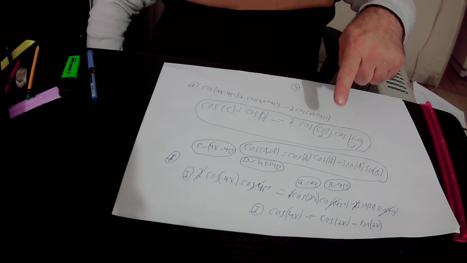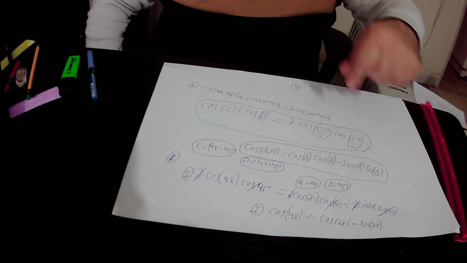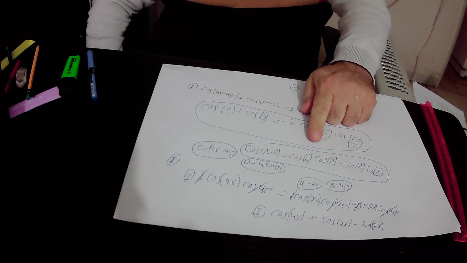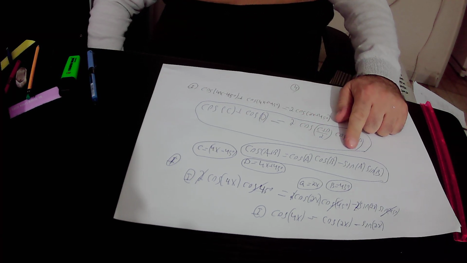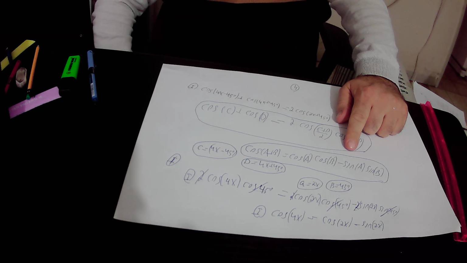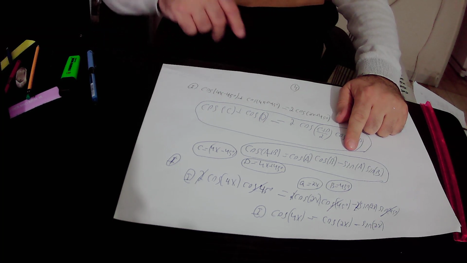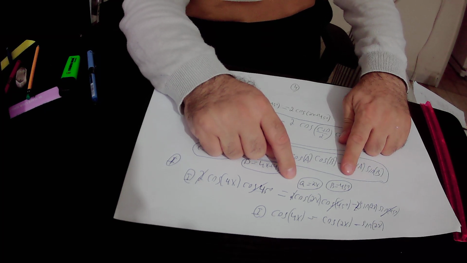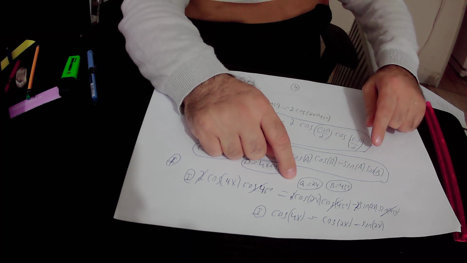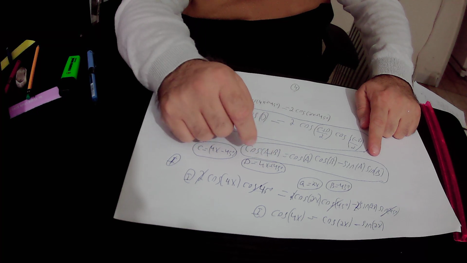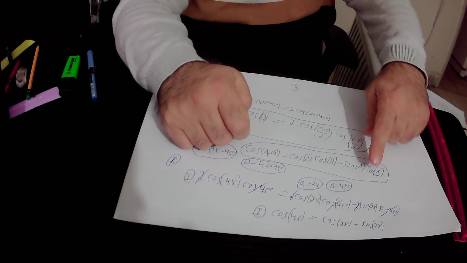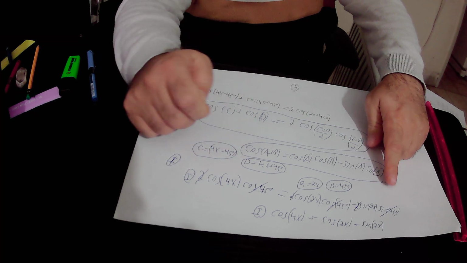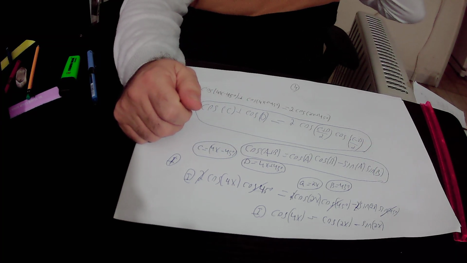And cosine a plus b, where a is 2x and b is 45 degrees. According to this trigonometric identity, cosine a plus b equals cosine a times cosine b, that is to say, cosine 2x times cosine 45 degrees, minus sine a times sine b. Sine a is sine 2x, and sine b is sine 45 degrees. So here,